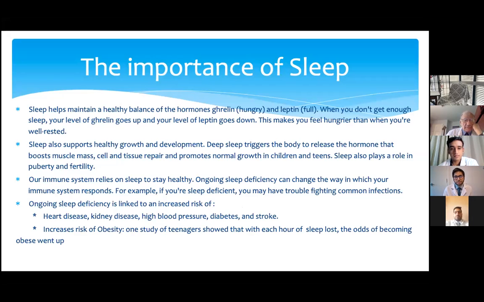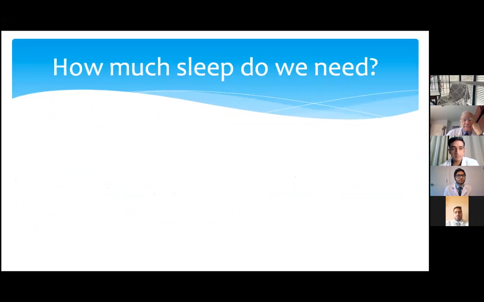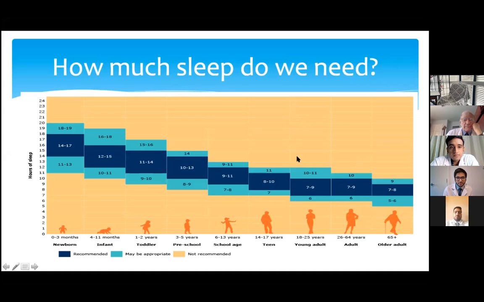And these are just some reasons why sleep is important. And thus we always wonder how much sleep is actually needed. When do we term something as sleep deficiency? There have been many definitions and guidelines of how much sleep we need, but this is by far the latest one which I could find. As you can see, it varies so much based on the individual and the age group he is in, ranging all the way from 14 to 17 hours in a newborn to 7 to 8 hours in an adult. For all of us around here, 7 to 9 hours of sleep is recommended. However, 10 to 11 hours or even 6 hours may be appropriate as well.